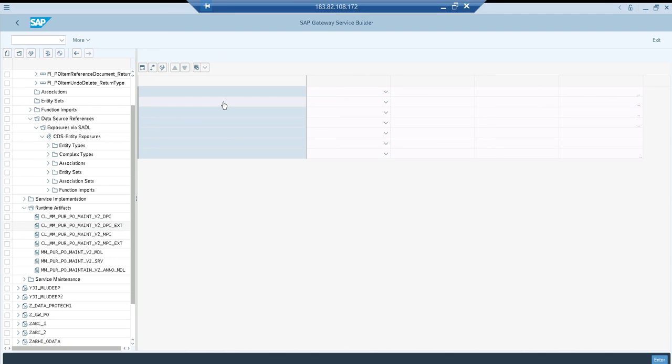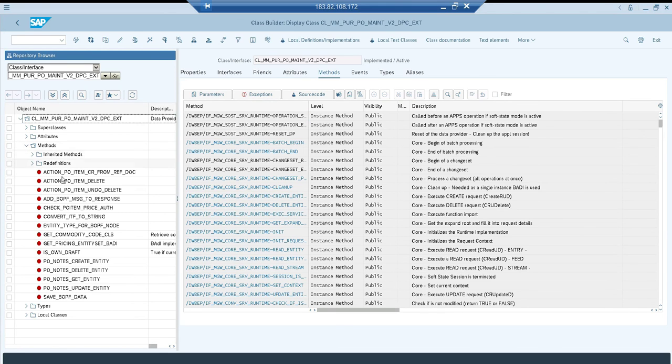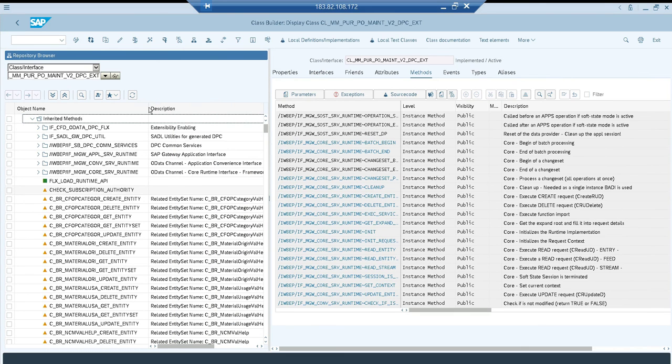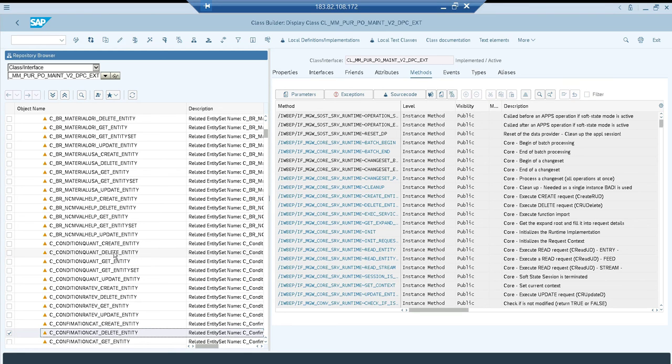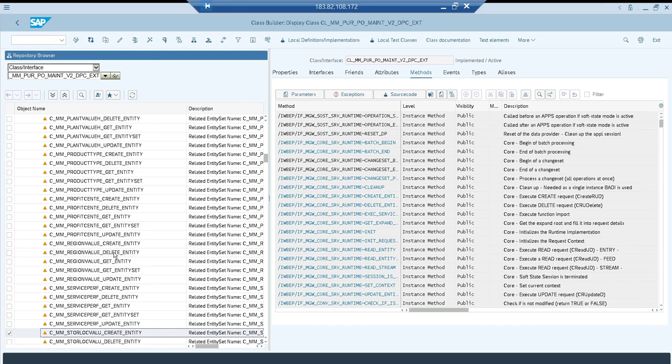Okay, so here go to the methods and there are some redefinition methods. Are you able to see anything on supplier? No. Okay, so it's not redefined. Let me go to the inherited methods. You need some patience, okay, especially for a standard one. Otherwise custom is really simple, you will have very few methods. So CC underscore underscore supplier,